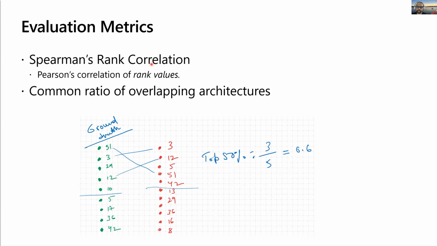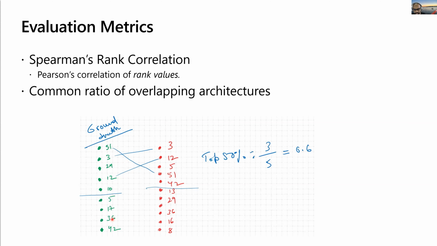It's not enough to report this. The other thing that is also quite important is, if we come up with a particular ranking using a cheaper ranking method, what is the common ratio of overlapping architectures at, let's say, the top 50% of bins, right? In this toy hand-drawn example, these are architecture IDs.